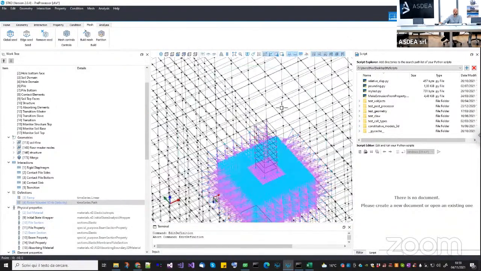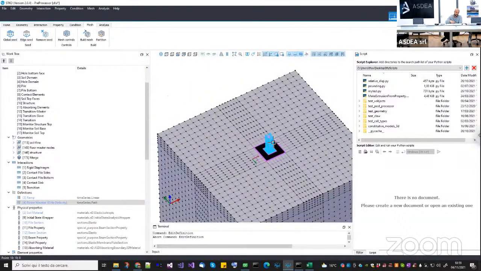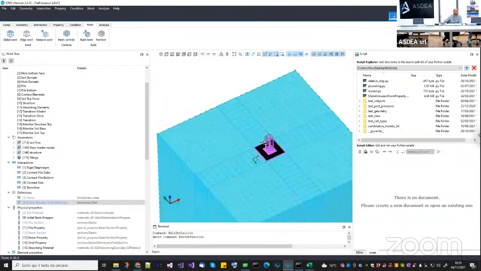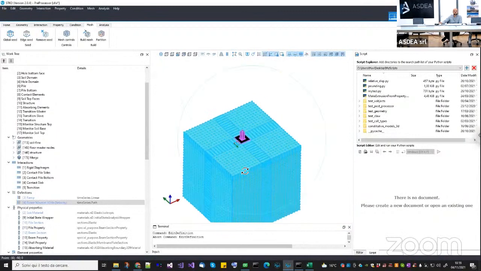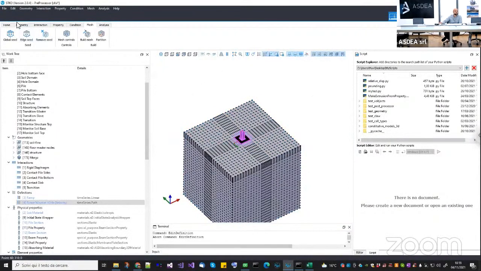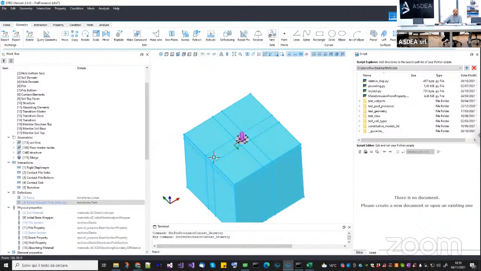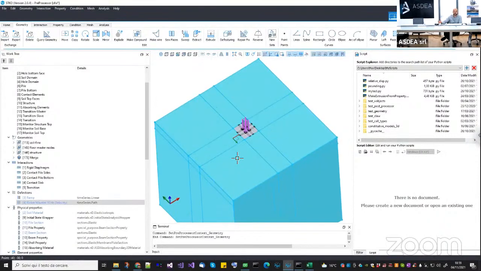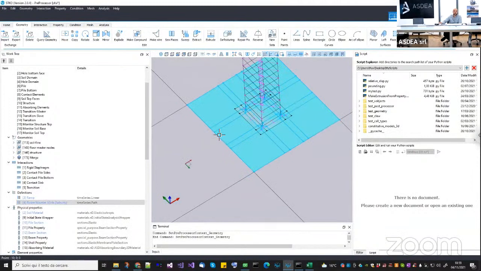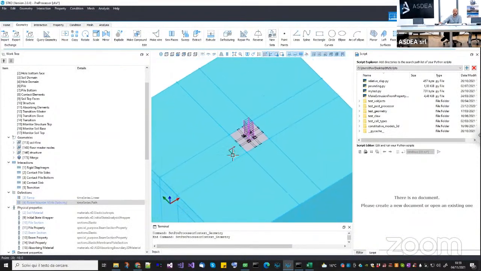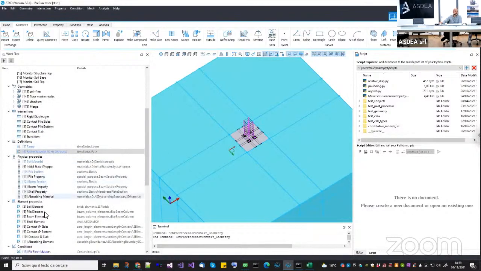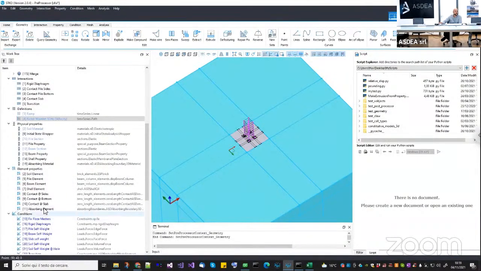But then to save some time, even though it will not produce a correct result, I decided to create a soil domain, a surrounding domain, which has a coarser mesh and also less details. As you can see, the geometries are not compatible. How can you join two non-compatible meshes? You can use